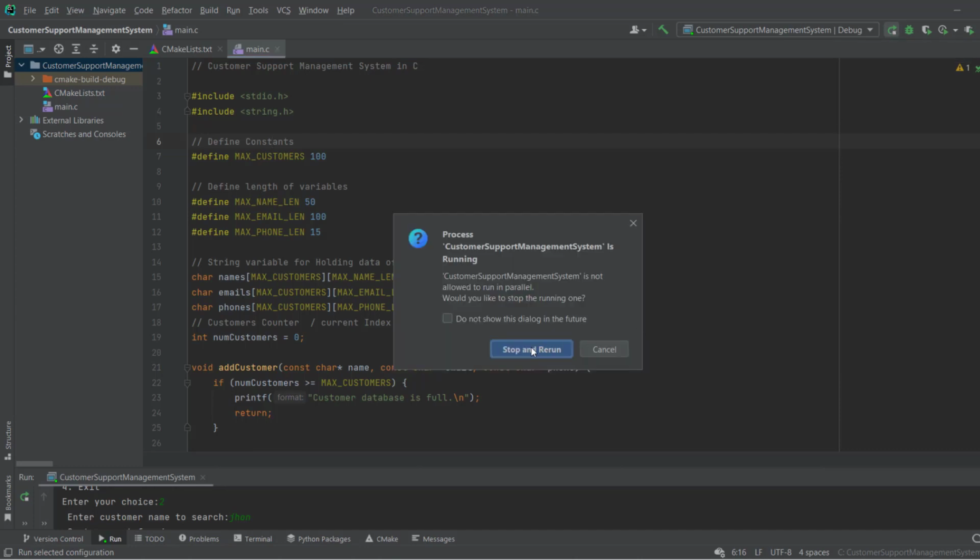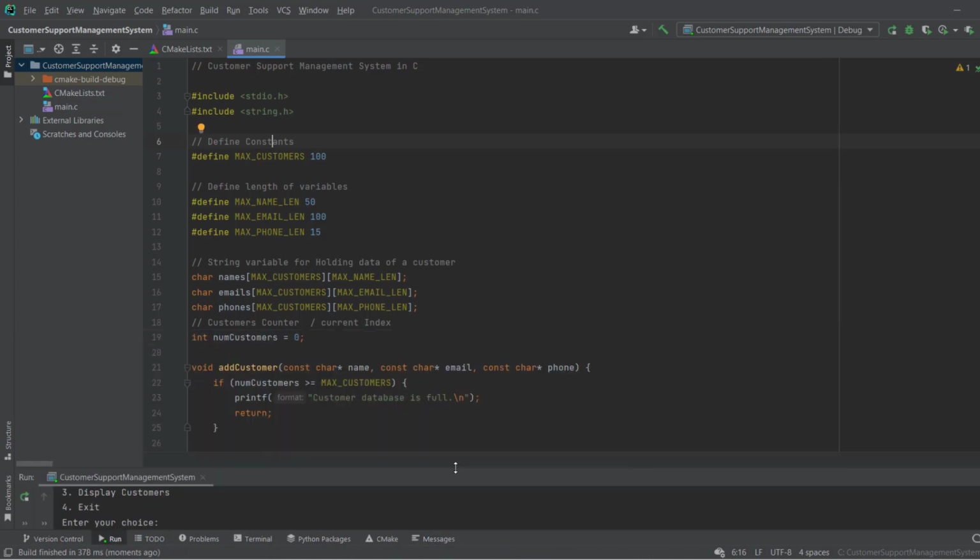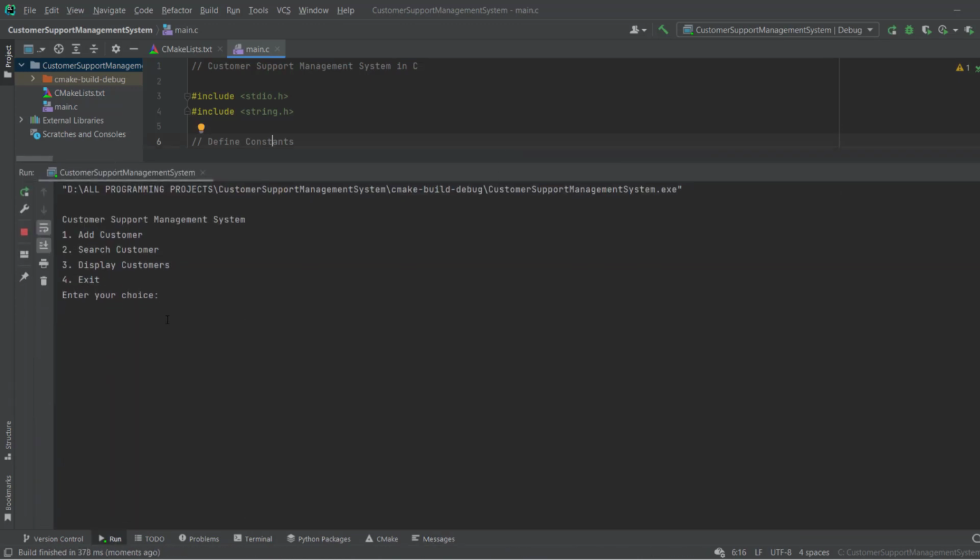Now I have to run. So I scroll it up. Now you can see what I have to put here. 1 for add customer, 2 for search, 3 for display customer. Okay. So 4 for exit. So first of all, I wanna add a new customer. So I put 1